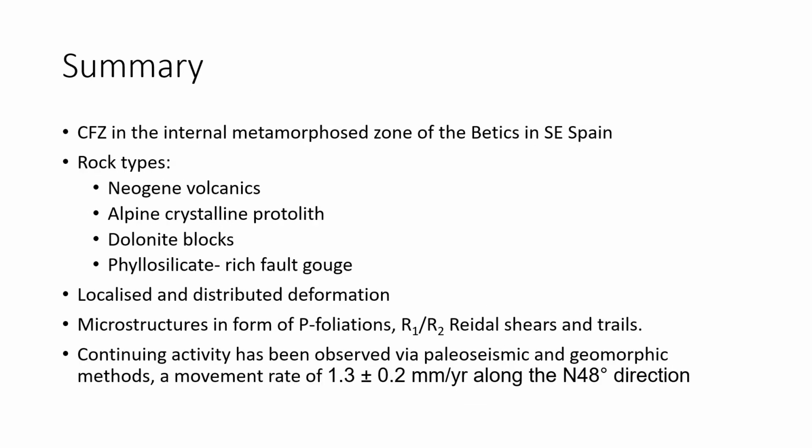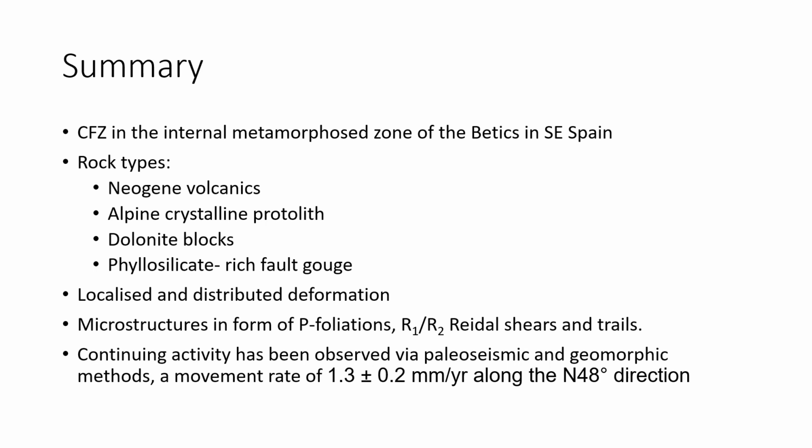Overall, the Carboneras fault zone is located in the internal metamorphosed zone of the Betics in southeast Spain. It is a 1 km wide left lateral strike-slip fault zone that is composed of a wide variety of rock types and layers. It is composed of anastomosing phyllosilicate-rich fault gouge, that is the fault core, and holds together large dolomite blocks. These two different rock types exhibit different distributions of deformation, dolomite having localized zones and the bands of